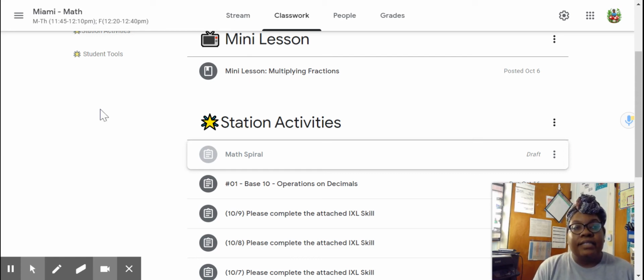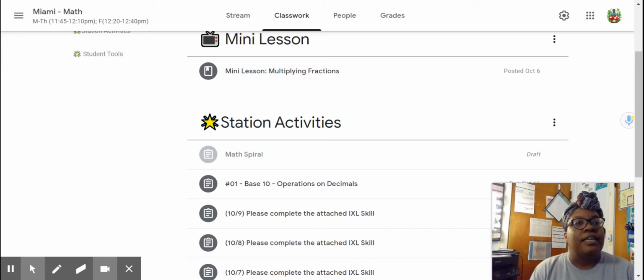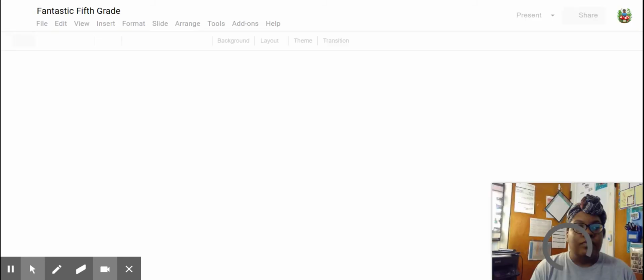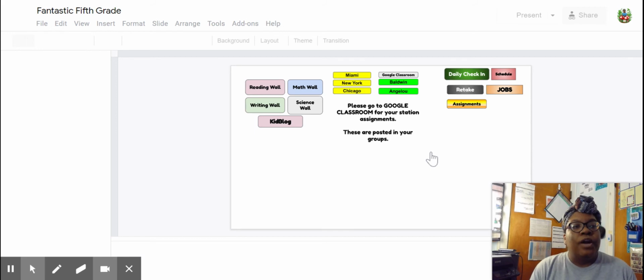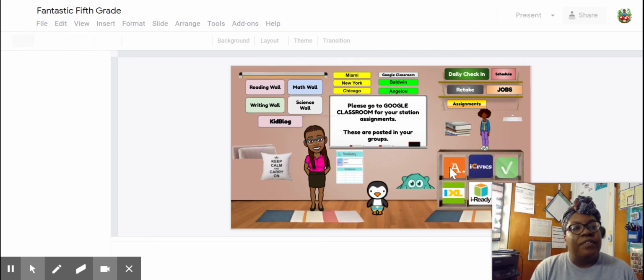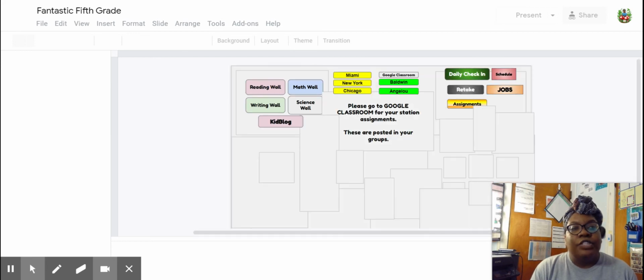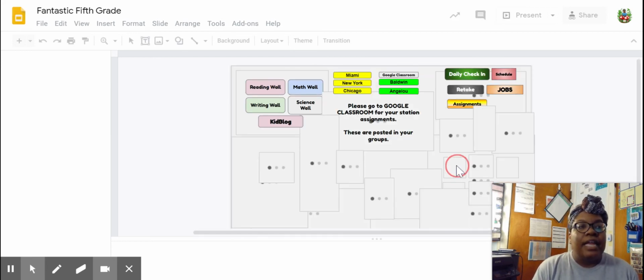In science, we looked at the virtual classroom. So let me go to Fantastic Fifth Grade Virtual Classroom. Remember, you can find this inside of our Fantastic Fifth Grade Google Classroom page. And once it loads up, you are to go to Amplify, so the A on the bookcase. Once you click on that and it loads up,